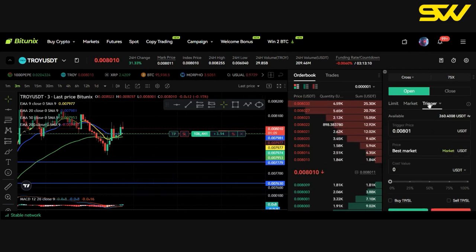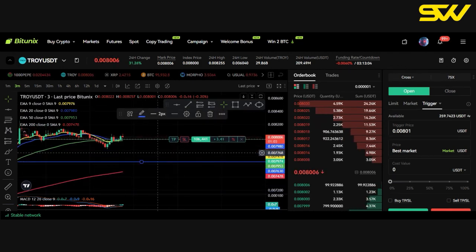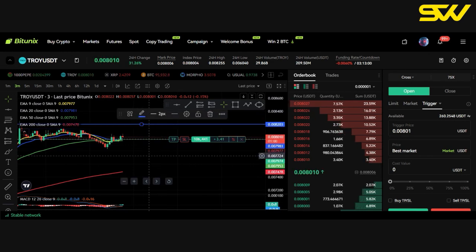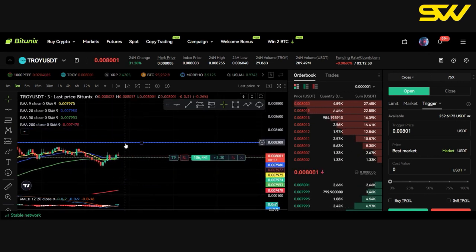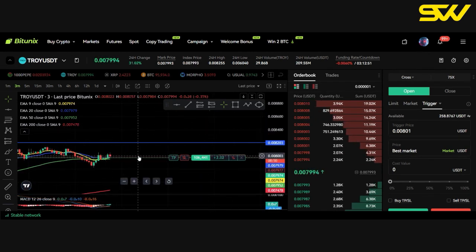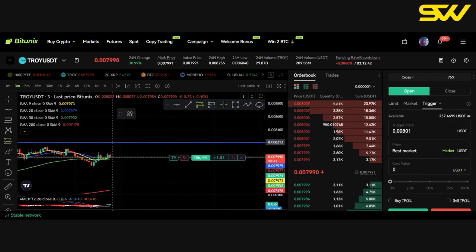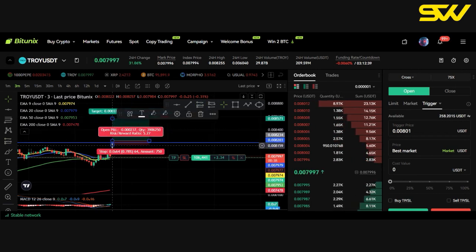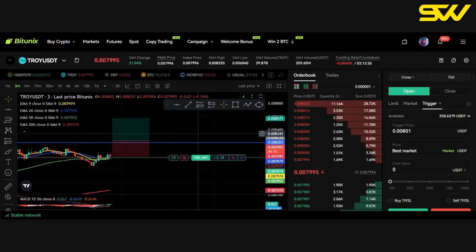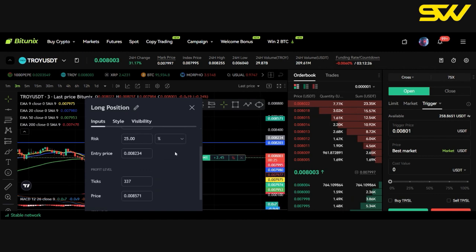Now, trigger order is the other way around. Okay, so trigger order means I want to set a price above my current price for the system to buy the order for me. Okay, so I can see that the price is moving sideways right now. So I do not want to buy first. I want it to wait until there's some certain breakout that happens. Then I want the system to buy for me. Say, for example, right here. Okay, so I want to wait until it breaks out from this blue color line to place my order. So my order right here is going to be at this level,